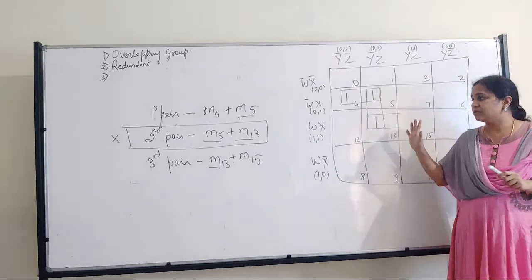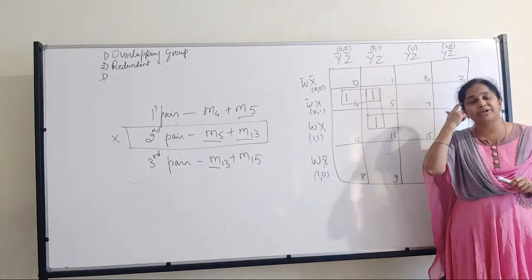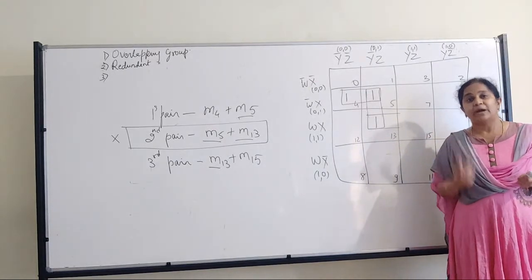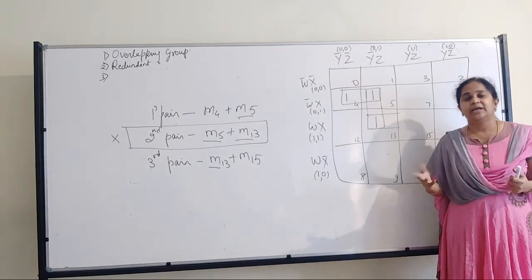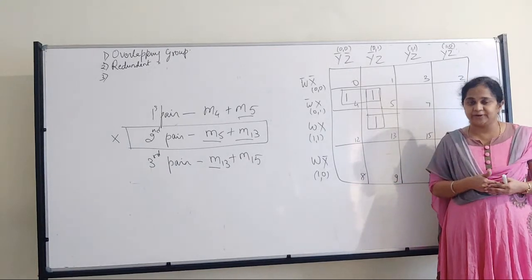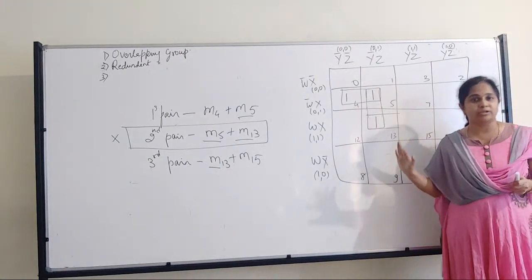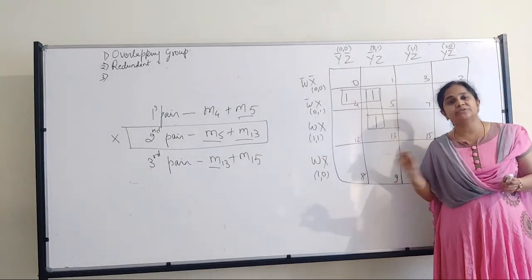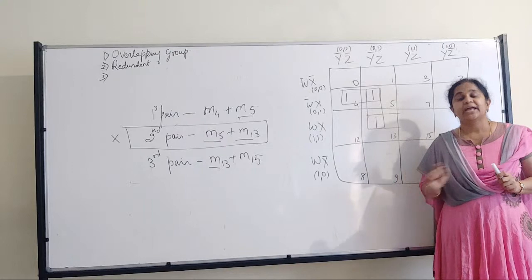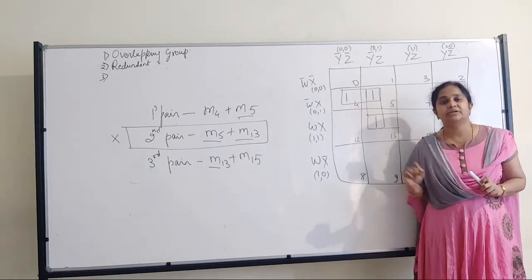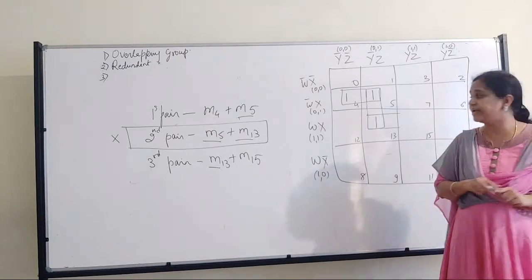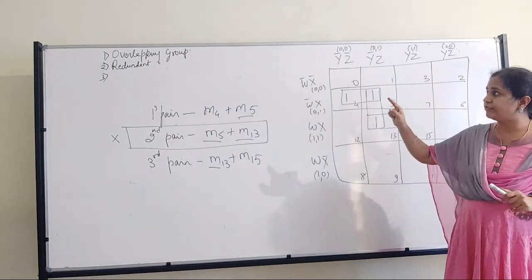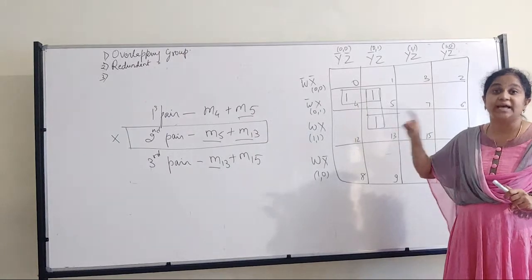Fine. Now if it would have been a regular class, I would have spent one topic, one class to make you all write with multiple examples. Since I don't know whether you will be writing it or not, I am just explaining the concept, hoping after listening to the concept you will write it down. And I will also be posting you questions related to this so that you solve those questions and you can clarify. Fine. So we understood what is overlapping and we understood what is redundant.